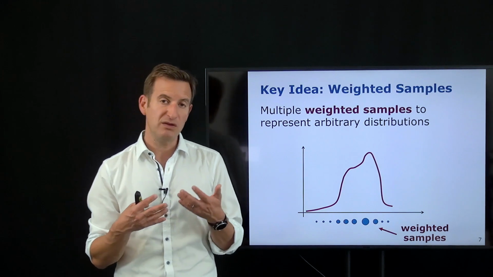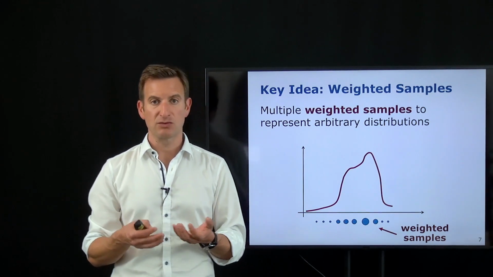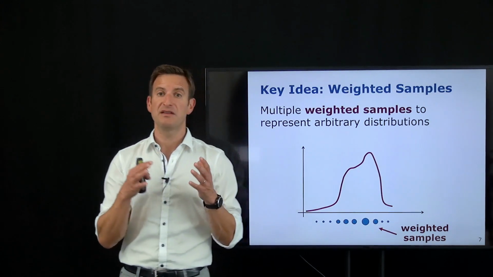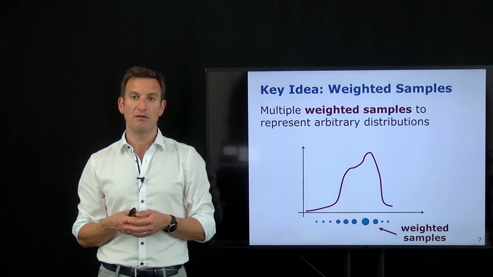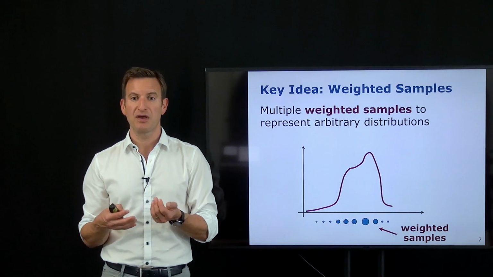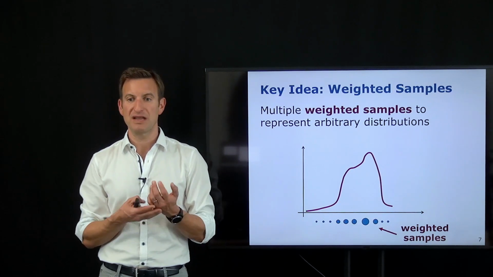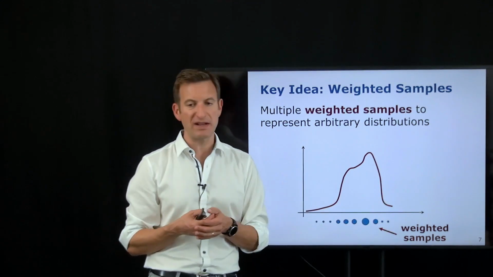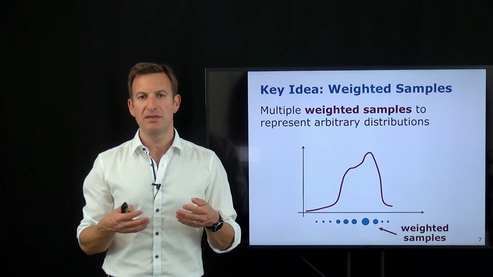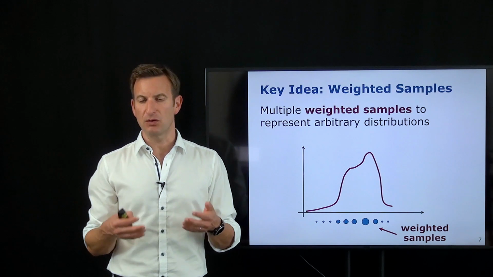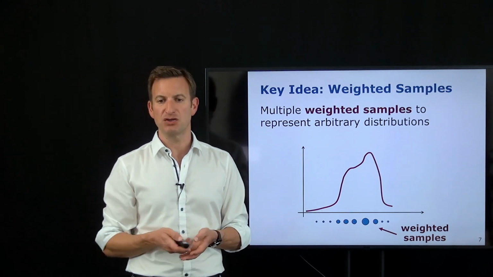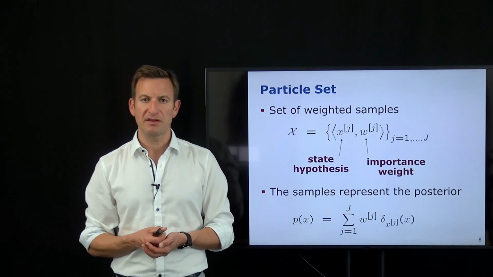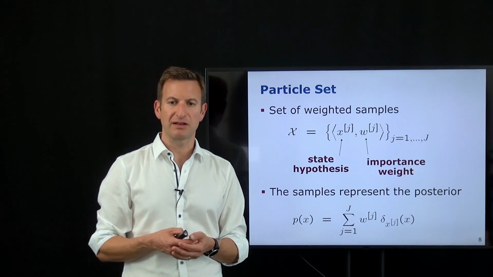So it's clear that we need a sufficient number of samples in order to represent functions well. And it should also become directly clear that this is only an approximation of a function. So the samples are a way of representing a function as an approximation. And that's what we're going to use. We will use those weighted samples to estimate the belief about the location, position, and orientation of the robot in an environment. Okay, let's look at what that sample set, or particle set, looks like.